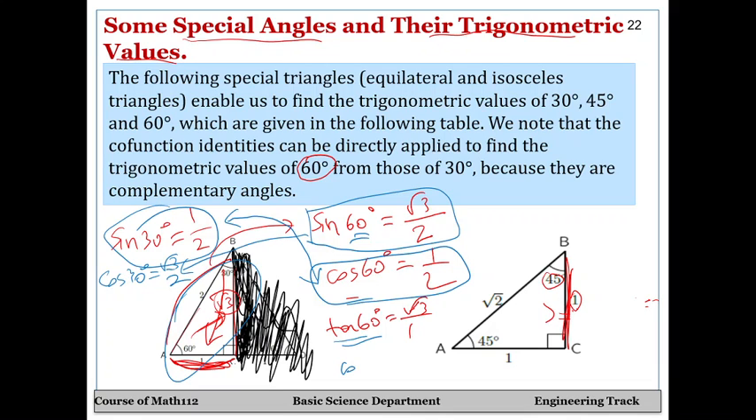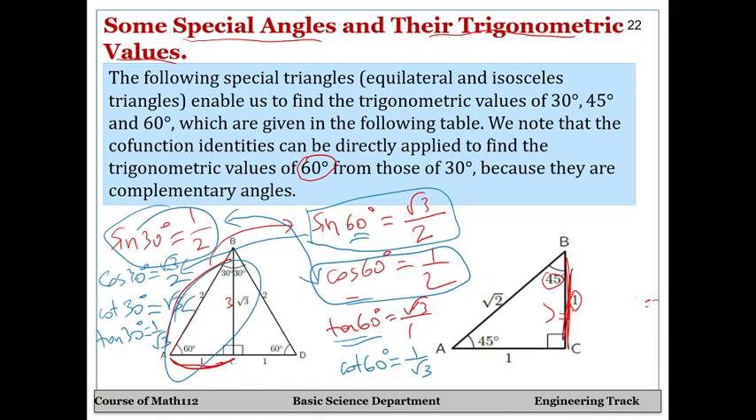So what is cotangent 60? Let's say this is 1 over square root 3. And then cotangent 30 will be tangent 60 by cofunction identities, and cotangent 60 will be tangent 30, which is 1 over square root 3. So you can use the cofunction identities or just the triangle itself. Now,